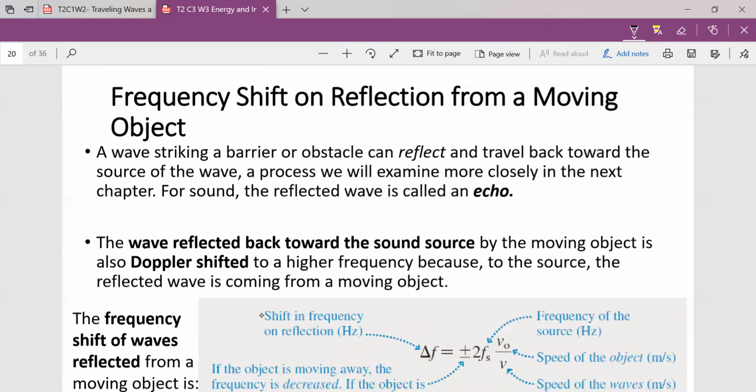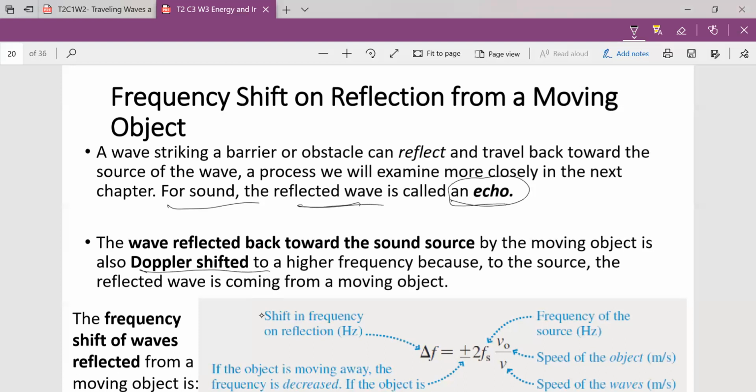And the source is going to view that wave like a new source. When it comes to sound, the reflected wave is regarded as an echo. It comes back to us as an echo. The wave reflected back towards the sound source by the moving object is also a kind of Doppler shift